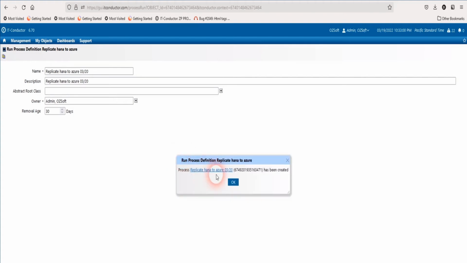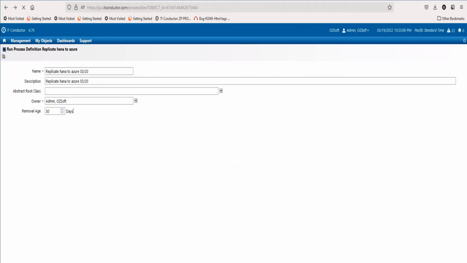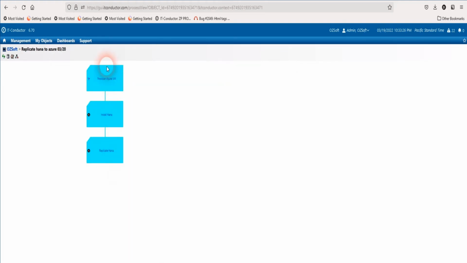A message box will appear to notify you that the process definition has been created. Let's click the activity link just so I can show you how it runs in the background. Notice that the activities have turned blue, which indicates that the process definition is preparing for the execution. This color will change in real time as the process executes, so you can